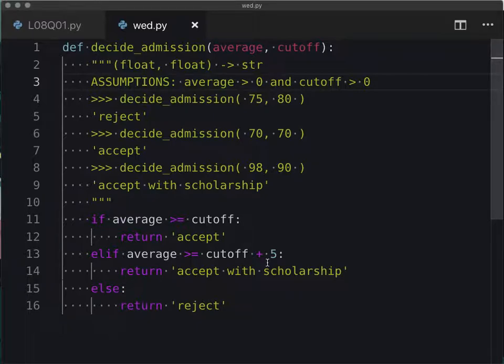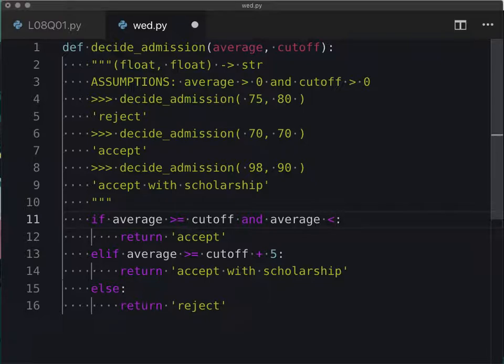So what happened, right? So this is exactly the trick on the assignment. We were trying to trick people into giving us this answer. I bet you this was the most popular wrong answer, right? What has happened here? Well, this is correct for students that are above the cutoff. You're above the cutoff, so you get accepted. However, if you have a scholarship, having a scholarship implies that you're also accepted. So this checked that you're accepted and then stopped. So in fact, we have to add another condition here that says and